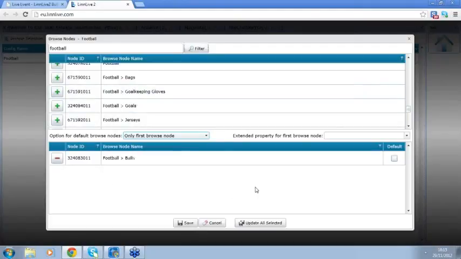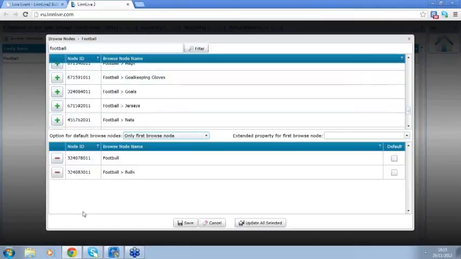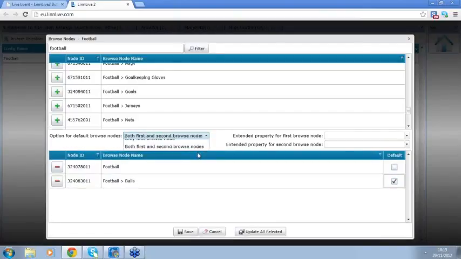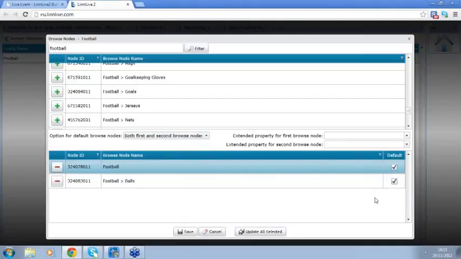Football and balls. And let's just choose football. So I've got 2. I can specify the one as a default in order to populate the listings into that specific browse node, or I can navigate to the option for default browse nodes, hit here, and select both first and second browse nodes in order to select 2 browse nodes at one time,